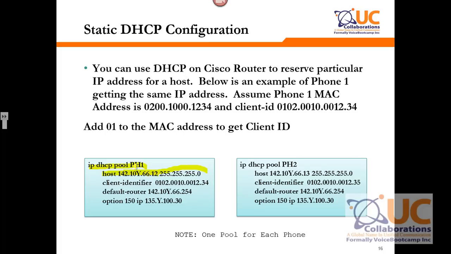So in this case, phone 1 will always get the IP address .12. Client identifier is the MAC address of the phone up to 02, and 01 is required in order for Cisco to make it a static MAC address client ID. So we must add 01 at the beginning of the MAC address. So the MAC address will be deployed as follows: